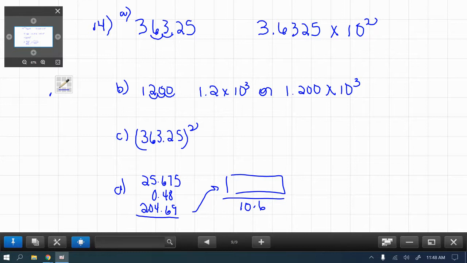How about squaring 363? This one's you, David, and then we're finishing up. When I started, I came up with 131,950.5625. Okay, and my answer was 1.3195 times 10 to the 5th power. Okay, so that's your number. We've got 5 significant figures, so 123.5. So if I'm going to put it into the significant figures,